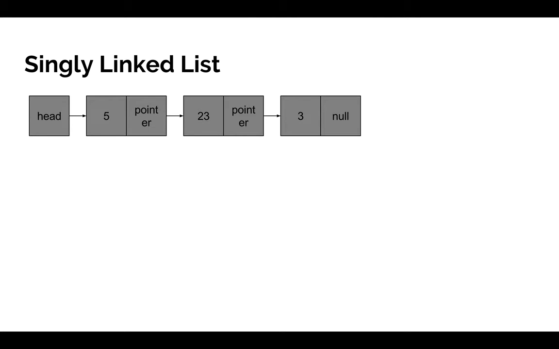And then the next node itself, again, has a value, of course, and also a pointer. So basically the next node and so on. And as you can see, you could be running through this and you could be removing, for example, let's say the node with the value 23. And what would happen is it just gets removed and then the pointers would get rearranged. And that's inexpensive to do, compared to an array where you have to rearrange all the